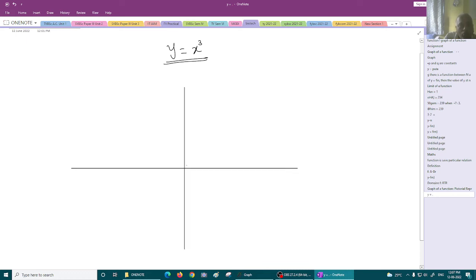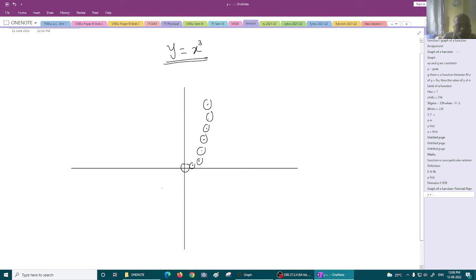Again 0 comma 0 point would be there, 1 comma 1, 2 comma 8, 3 comma 27. That is how you are going to get. Once again you will get these points between 0 and 1 if you situate these points. Now you may feel that it is looking like that earlier curve only, but when you go to the negative